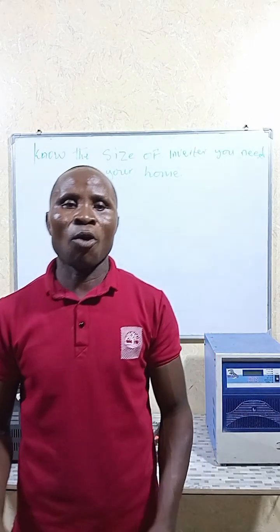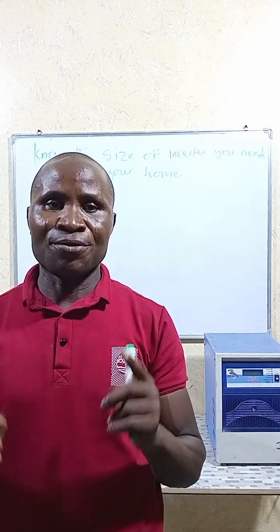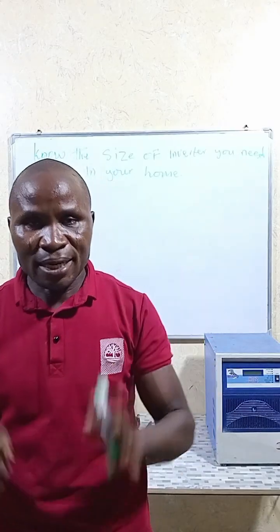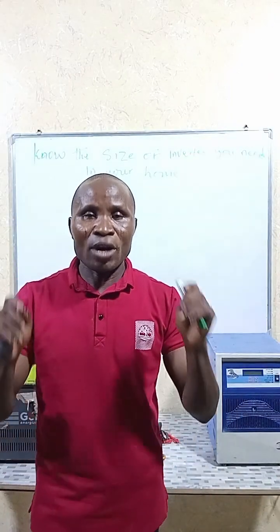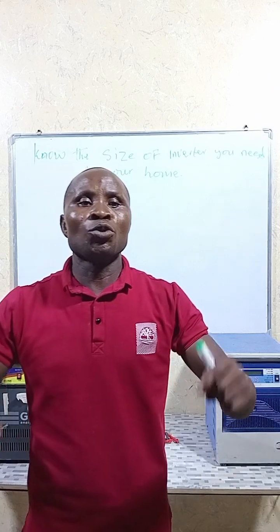You will need to add up the energy you use from all the devices you have, like lighting points, the appliances, and gadgets. The number of lighting points, the appliances, and the gadgets: the television, the radio, the fridge, the AC, whether you use them now or will add them later. And that is where we put tolerance. So when you use the stored power in the battery, if it's for your home,